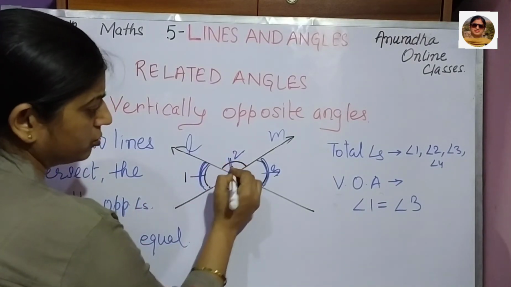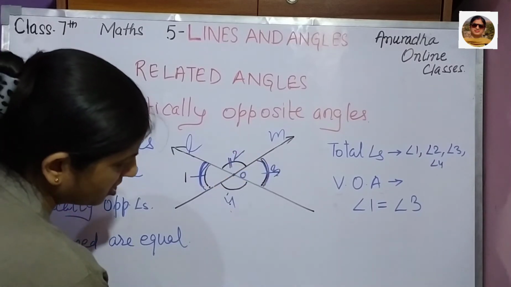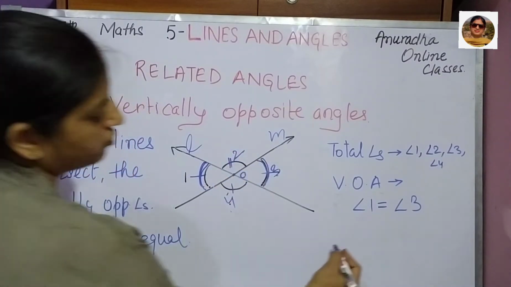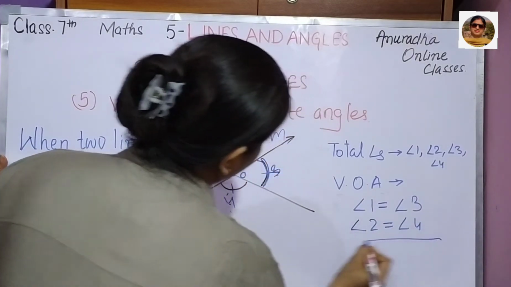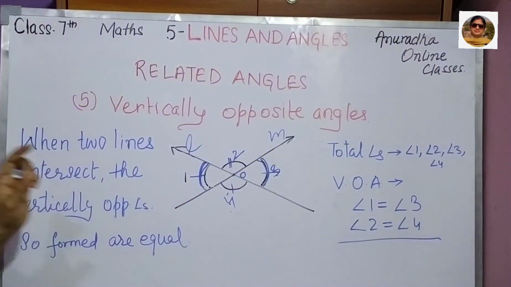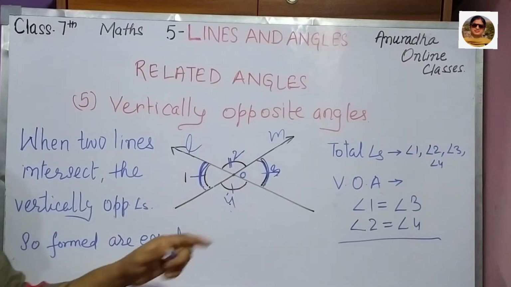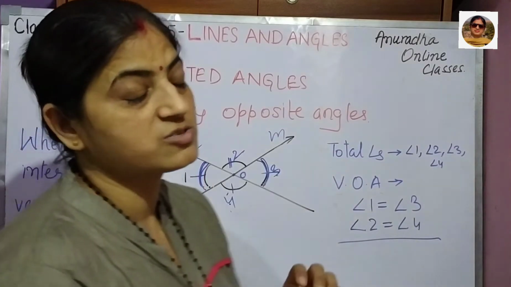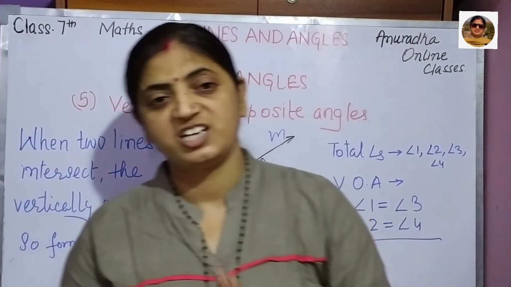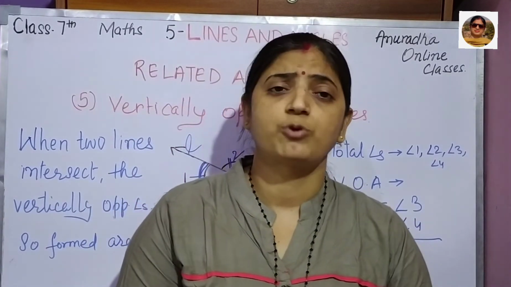See angle 2. Angle 2 का ऑपोजिट क्या है? इसके जस्ट पीछे क्या है? दैट इज एंगल 4. एंगल 2 इज इक्वल टू एंगल 4. सो वी आर हैविंग हियर व्हाट? टू पेयर ऑफ वर्टिकली ऑपोजिट एंगल्स. आई थिंक दिस इज क्लियर टू यू. ये बेटा वैसे भी इट इज वेरी वेरी इंपॉर्टेंट फॉर क्लास 8, 9. दिस इन कॉम्पिटिटिव एग्जाम्स मेनली क्वेश्चंस आर आस्क्ड फ्रॉम दैट.